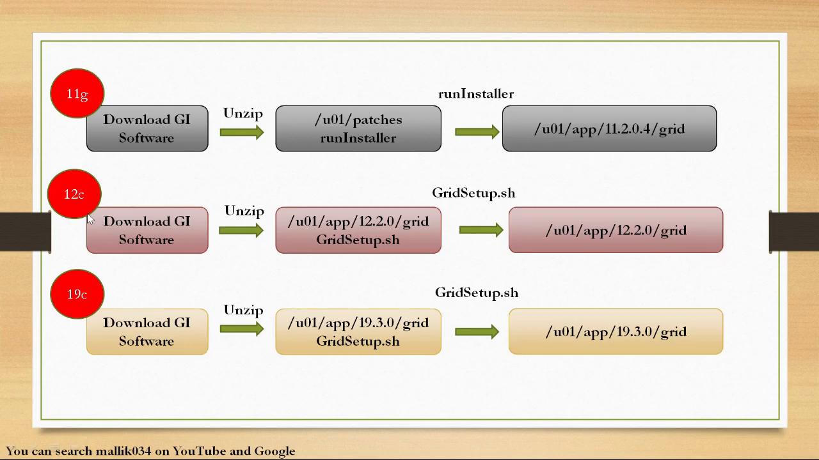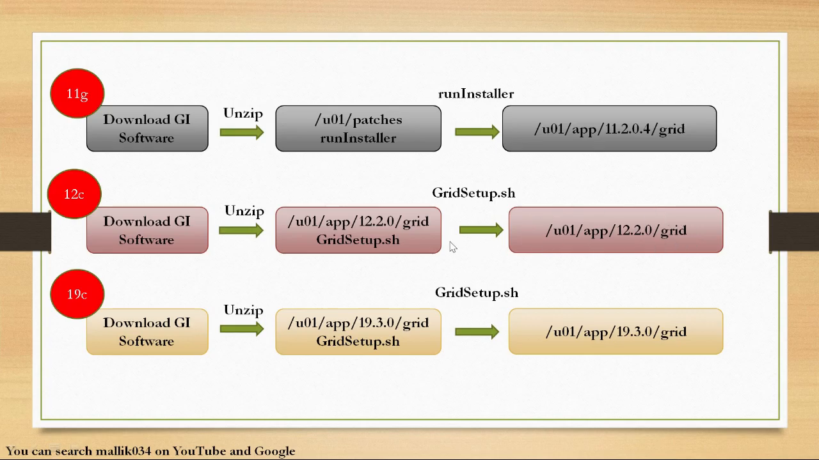And then coming to 12C and 19C, we used to download the software and then unzip it directly into the grid home where we want to set up our grid infrastructure home, not like 11G where we downloaded into some other mount point. Here we are directly unzipping into the grid infrastructure home, and then from that home we are just running the grid setup.sh. So this grid setup.sh is going to relink all my libraries, and it is going to create this particular grid home as my grid